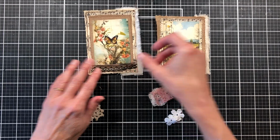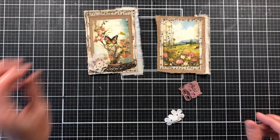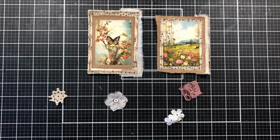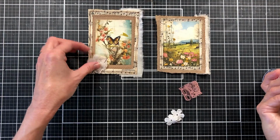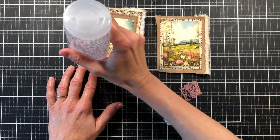So I've laid out some lace pieces out of that little scrap bowl, or scrap snow globe that I had, and I found a few that I think will look good on my cluster. So I'm just going to use some Fabri-Tac to add these on, and I didn't want to add them before I stitched because I didn't want to stitch over them. So I'm just going to tack those on with a little bit of Fabri-Tac,